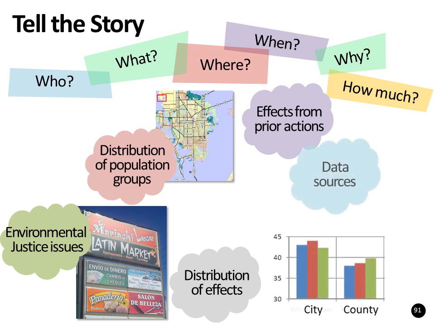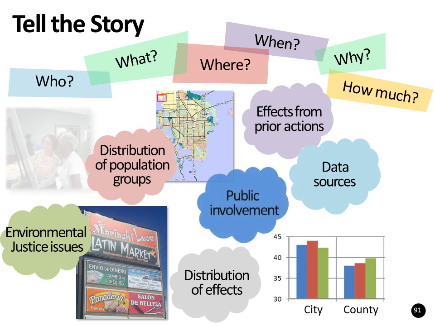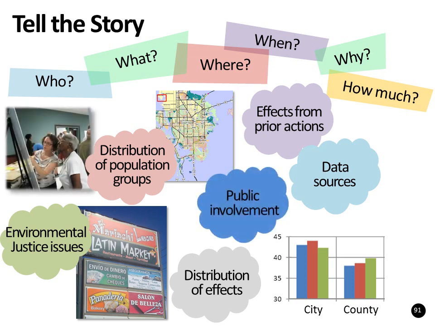To be a credible story, there should be details about the data used. Where did it come from and when was it compiled? Some of the information used will have come from the community, so a briefing on public involvement activities is of interest. Like any good story, the SCE evaluation should have a conclusion. That is, recommendations on ways to shape a better project from the perspective of the community. And finally, storytelling is enhanced by imagery. Charts, maps, and photos are great ways to help convey important findings.